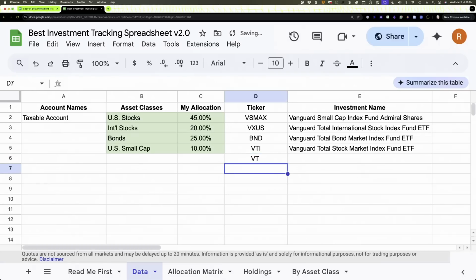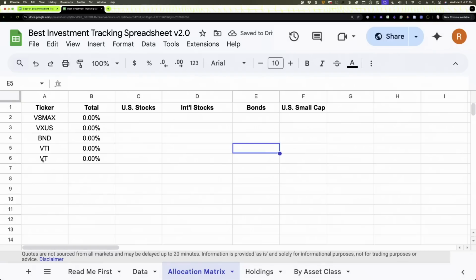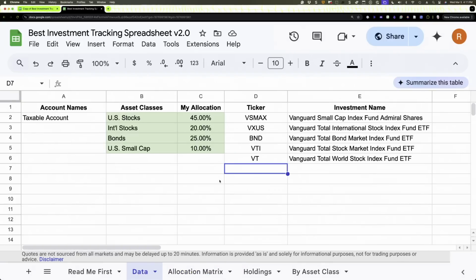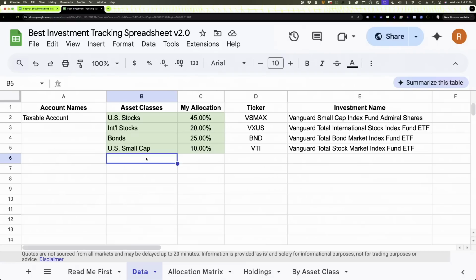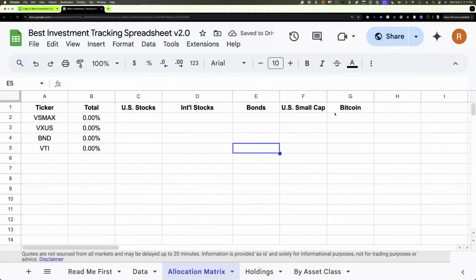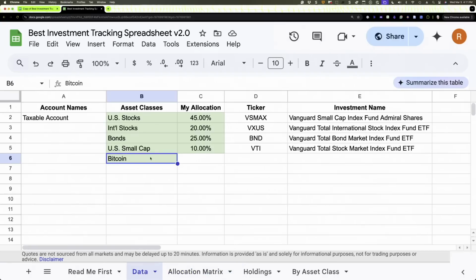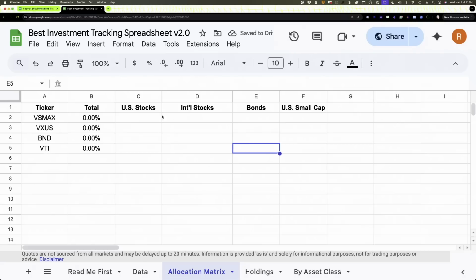VT, and we go over to the allocation matrix, it shows up right down here. Right, so it's going to automatically add all of your tickers. And then it's also going to add all of your asset classes across the top here. So again, just to show you, if we added, I don't know, I'll just put in Bitcoin. I don't own any Bitcoin, but whatever. You see it adds it here. Okay? And what you then do, get rid of that, is you tell the spreadsheet,